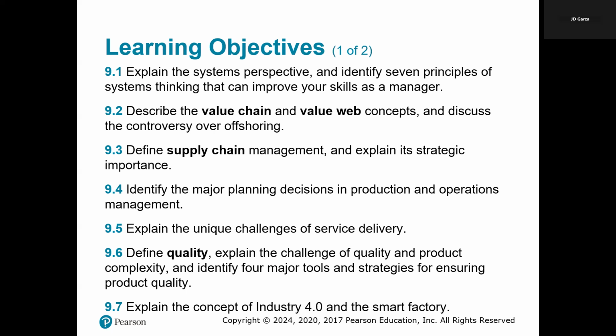Four, we're going to learn to make those big decisions, and we're also going to explore key planning aspects, from forecasting to capacity management to scheduling and resource allocation. In 9.5, we're going to identify the unique hurdles that come with delivering top notch services, from perishability to customer interaction, and how to overcome them with effective strategies. Six, we're going to break down the essence of quality, understanding how complexity impacts it and the tools needed to maintain excellence across production.